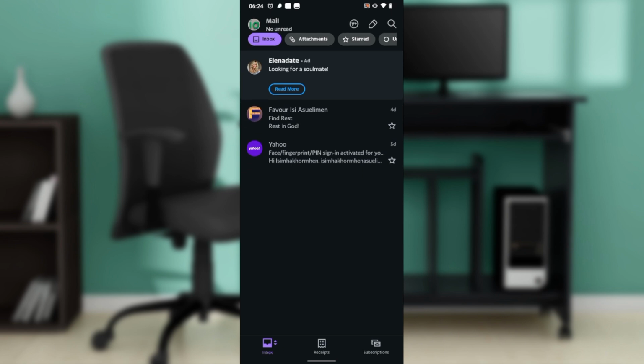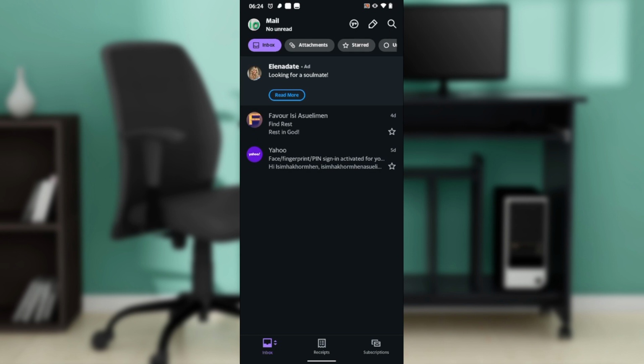It is simple. You can get it on Google Play Store or Apple Store, depending on the device that you use. Launch any of those applications and locate the search bar. In the search bar, type yahoomail.com or you can just type in Yahoo Mail and follow through the on-screen instructions to install. Once you're done installing, click on open and that takes you right into the sign up page for